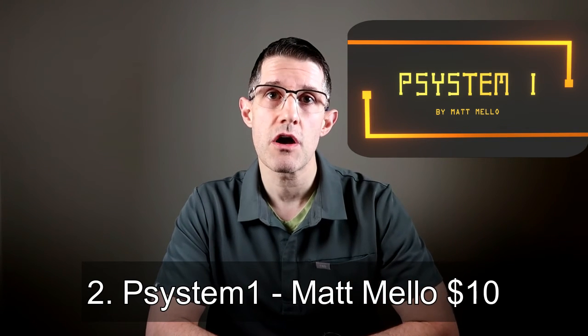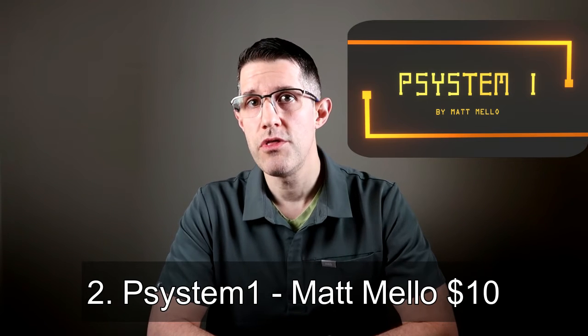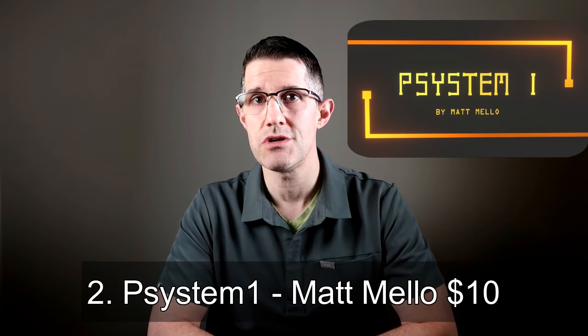Moving along to number 2, we have an effect from Matt Mello, and this is System 1. You guys may remember that I did talk about Matt Mello in his book Psyware in my last top 5 propless mentalism effects reviews. Now, this propless mentalism effect is a propless revelation, a propless divination of a color. And this is very economical because I think they're selling it for $10. So you can pick this up for $10 from Penguin Magic, and you're going to get a propless color reveal,